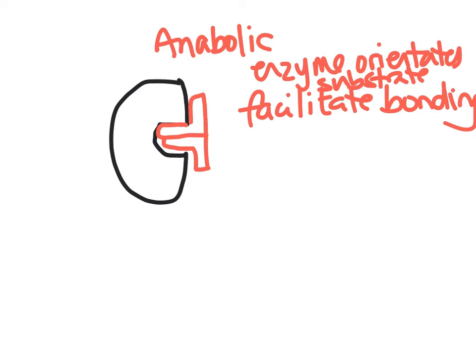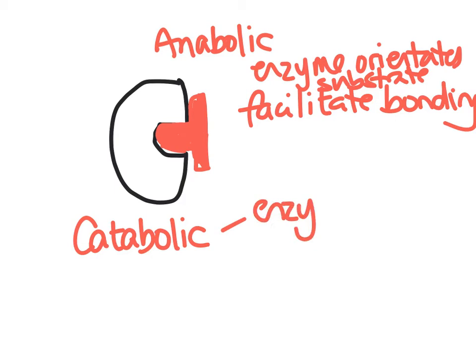If it's a catabolic reaction, in which case this is one large molecule, the enzyme really is going to kind of put pressure. It's going to push down on this and put pressure in such a way so as to sort of distort it and put strain on the bonds to facilitate the bonds breaking. So the enzyme puts strain